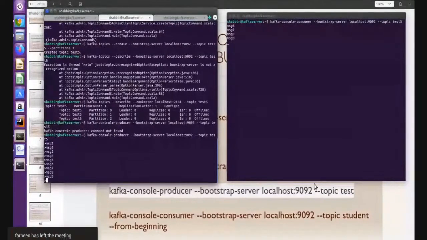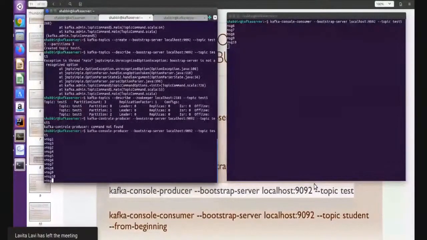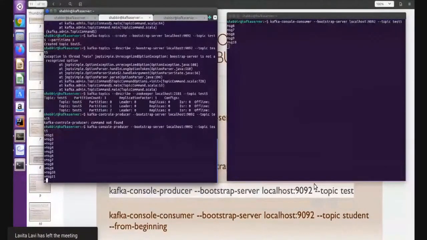But if you run like this, you will see that whenever you send a message, it is pushed to the Kafka topic. In the first class, on the first day, I told you that the Kafka topic is like a queue. The data goes in from one end and is read from the other end. You can see here, right? I'm sending the data and the consumer is reading the data exactly in sequence, right? So this is the way we can use the Confluent platform, and how you can use a console producer and console consumer.